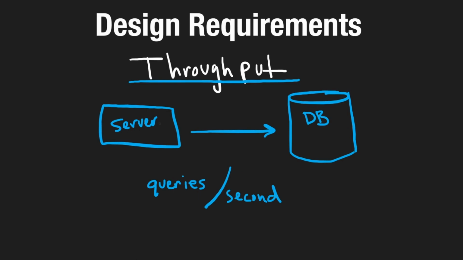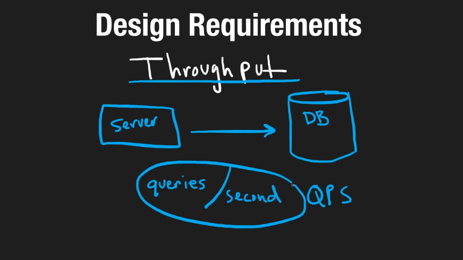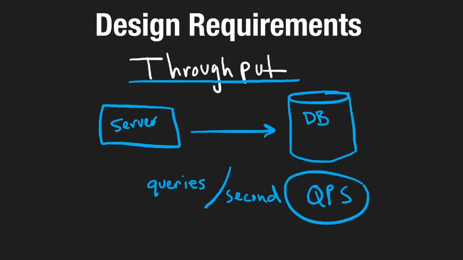Speaking of databases, when we're talking about how many requests a database can handle, we usually measure it in terms of queries per second, or QPS for short. And conceptually, it's very similar to servers. You could even call this requests per second. I don't think anyone would get mad at you if you did that. It's just more common for people to call it queries because that's the term used when you're talking about reading